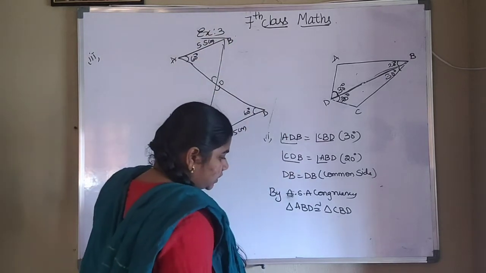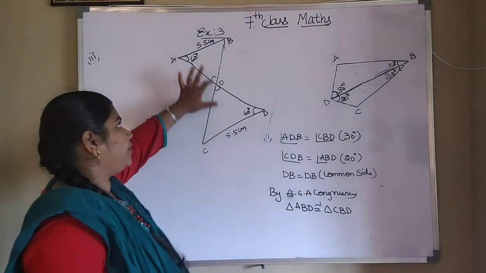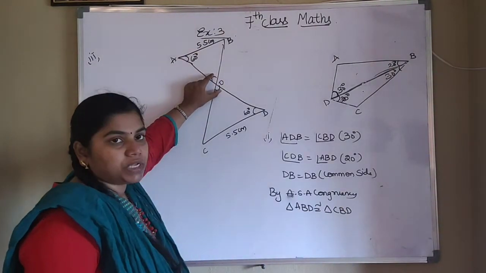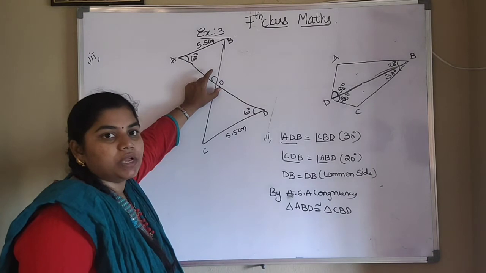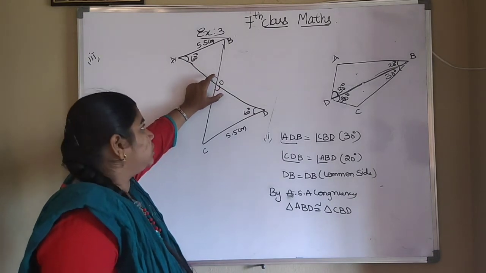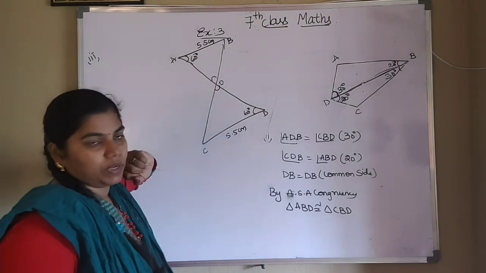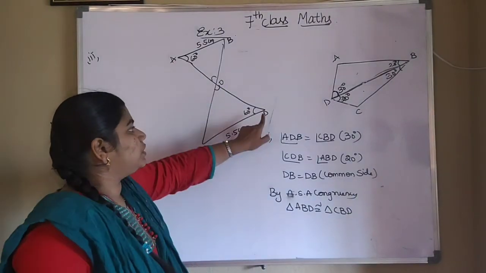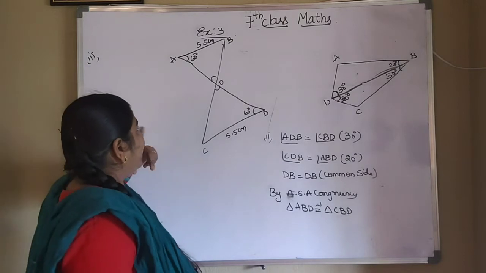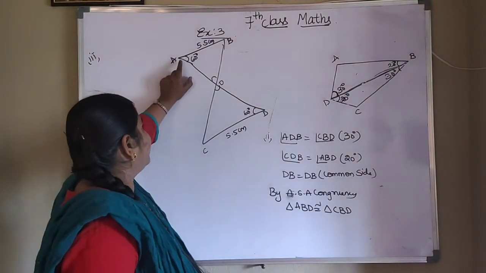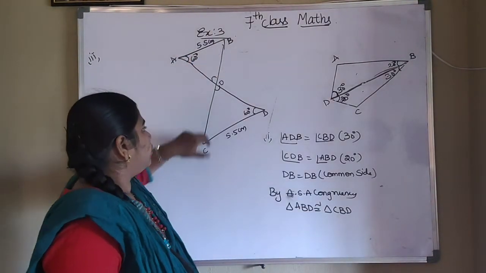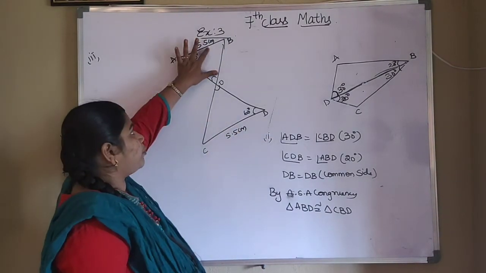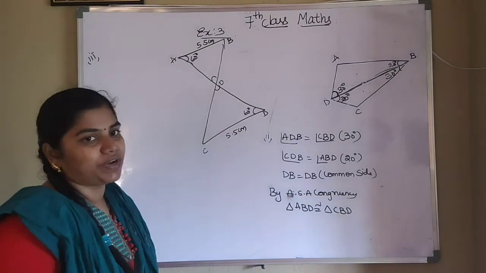Okay, so whether these two triangles are congruent or not, we have to check. These two angles will be equal because they are vertically opposite angles. Vertically opposite angles are always equal. So this angle and this angle will be equal, and this is 60 and here it is 60. That means angle A will be equal to angle D. And what side have they given? They have given AB is equal to CD. This one and this one are both equal, that is 5.5 centimeters. Here also 5.5 centimeters.